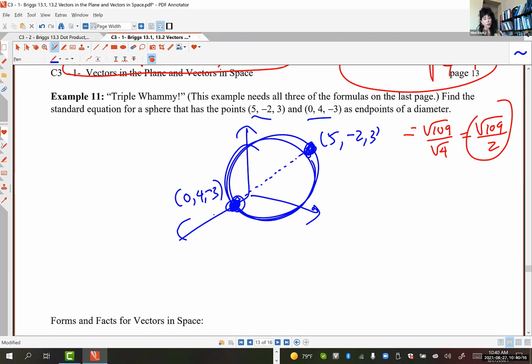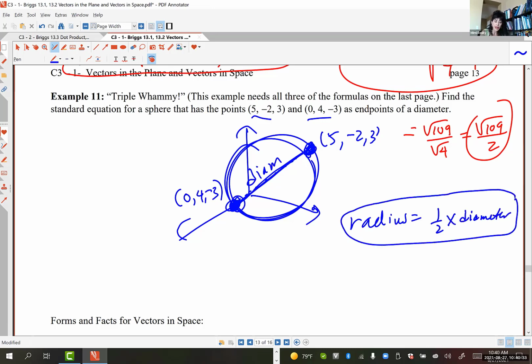This is not drawn with actual points. I'm just trying to be very quick here. So I hope you recall from your old geometry days that radius is always equal to half the diameter, right? So that's an important point that we need to keep track of. And the center of the sphere is going to be located as the midpoint of those 2 points. So that's where the midpoint formula is going to come in handy. And then, of course, we're going to need the sphere equation once we get our radius and center point